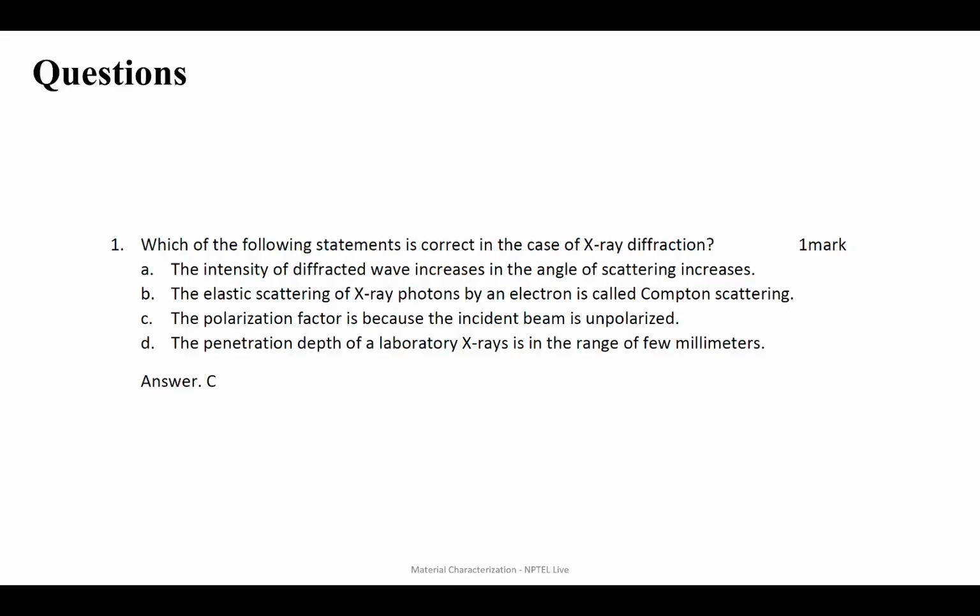It does not have a proper lattice, so it will not give any Bragg peaks. It will only give a continuous spectrum. So you will have a background spectrum in your